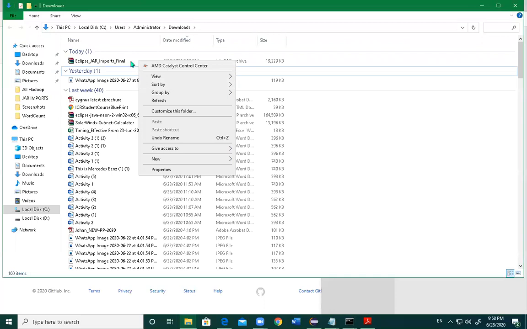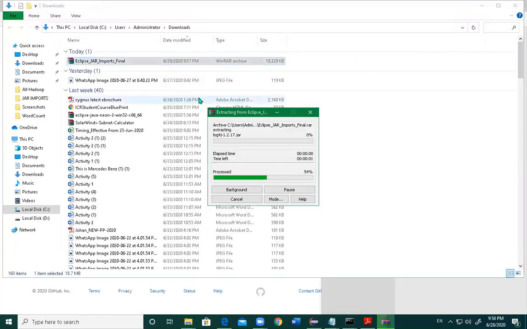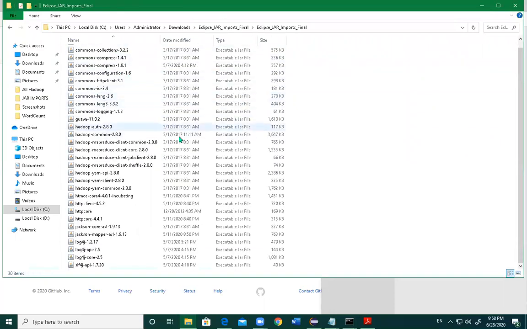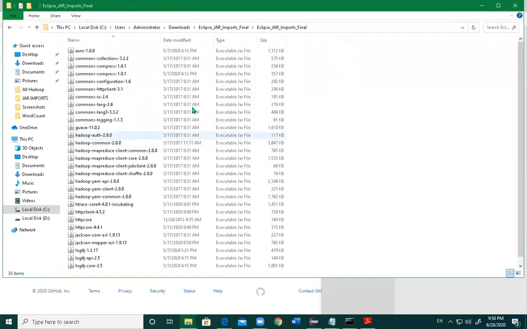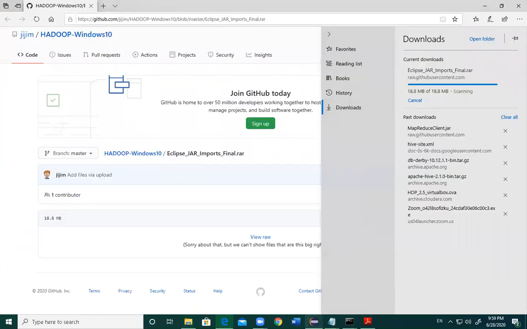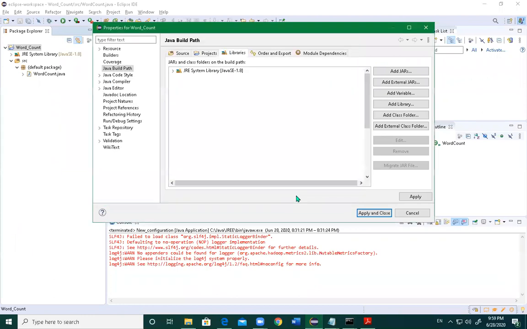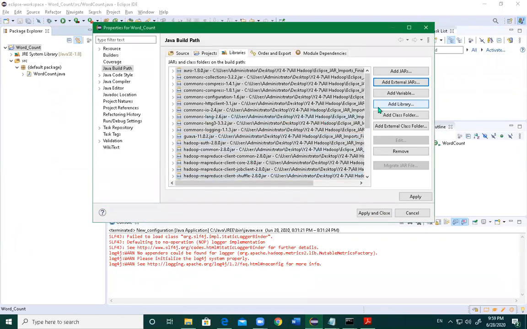Extract the files to the folder so that all the required jar files are available in the folder here. You can see that around 30 jar files are here. These jar files can be attached in the IDE as external jar files. So just select all the files and add all the jar files which are